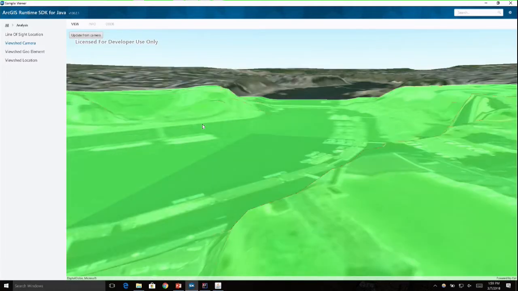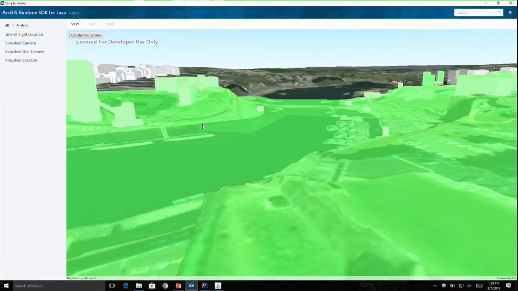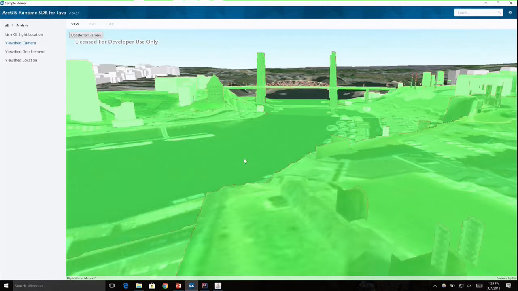So here we start out from the initial camera location on a scene. And then there's going to be some buildings that will appear. This should be a bit faster than the other one. So notice that if you set the viewshed where the camera is, then you would expect that everything is visible to that camera because you can see it rendered on the screen. But notice if I